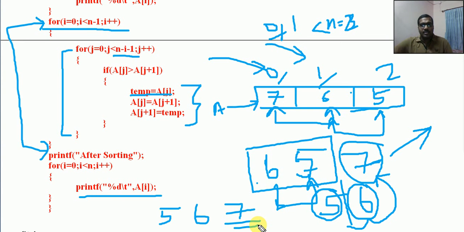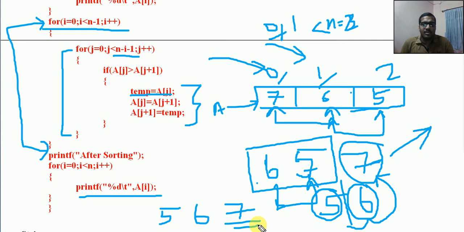This is one of the major array related algorithms, the bubble sorting algorithm. It is applied in many real-time applications. Whenever we require some sorting, we can use this logic, because it is the simplest logic for sorting the elements present in an array.